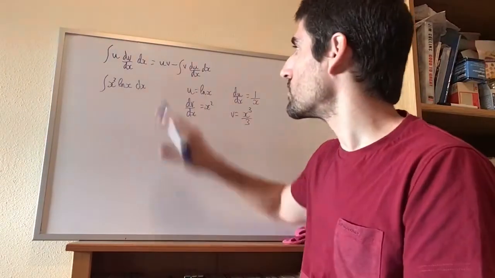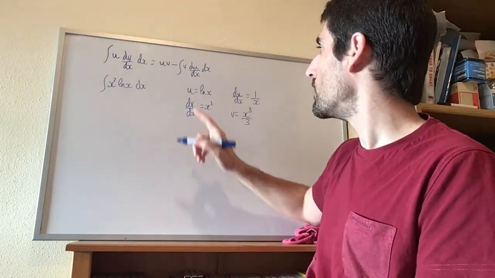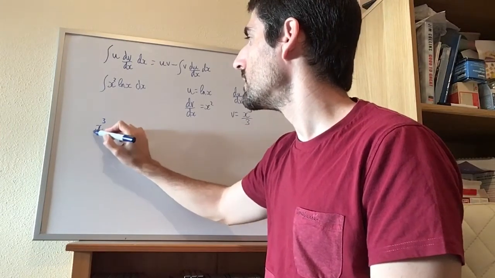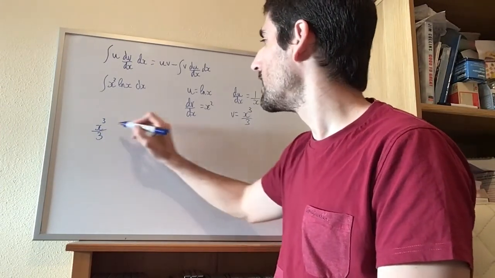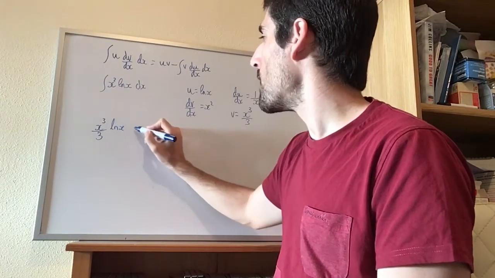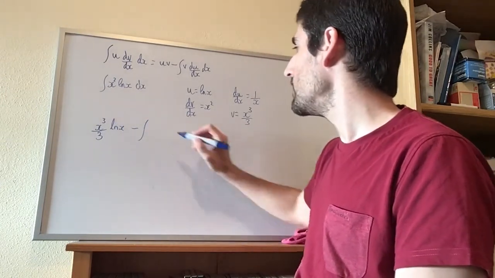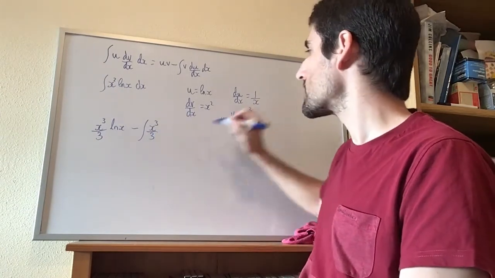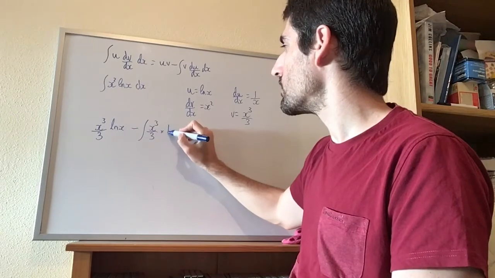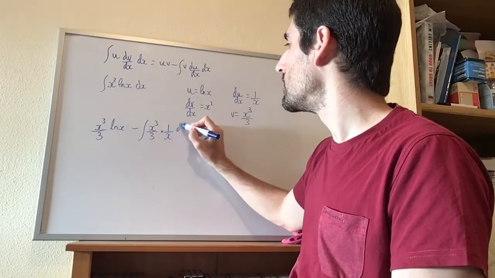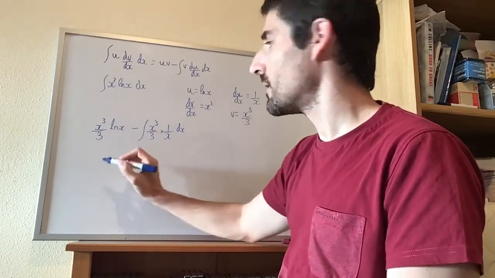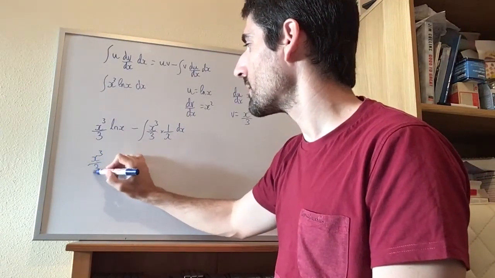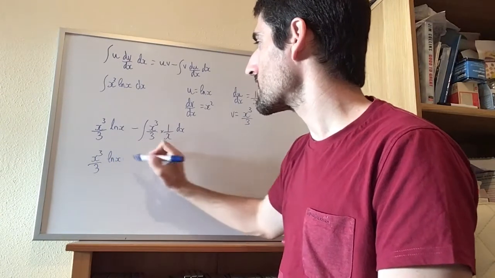So I can integrate now. So using the formula uv, where u is log x and v is that, so I'm going to write x cubed over 3 log x minus the integral of v, which is x cubed over 3, du over dx is 1 over x dx. So x cubed over 3 log x, I can bring the 3 out,